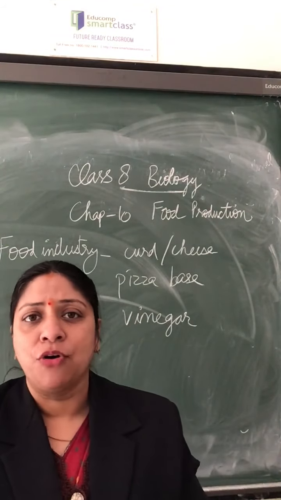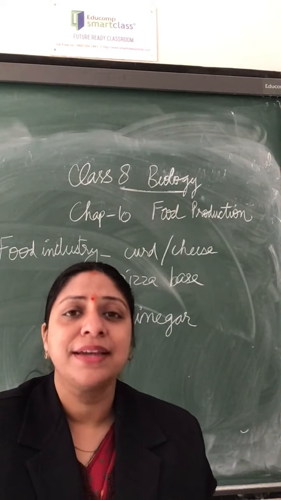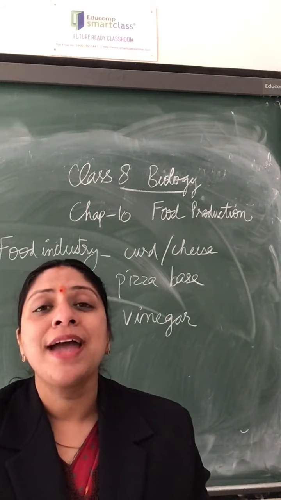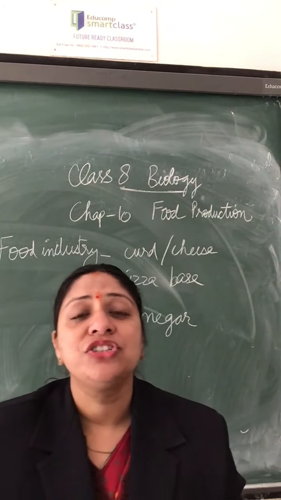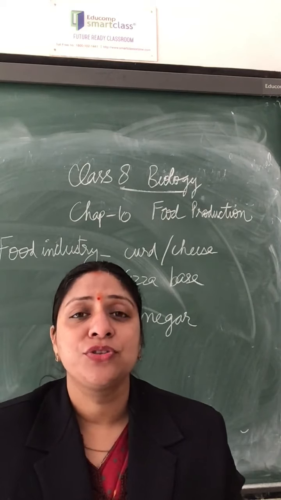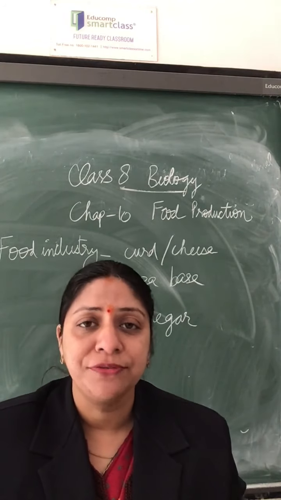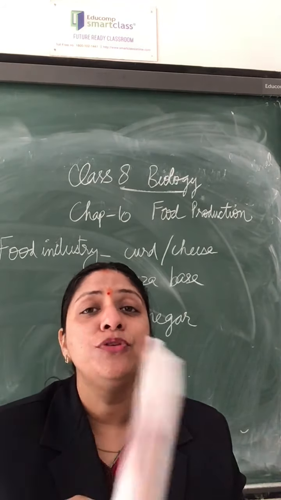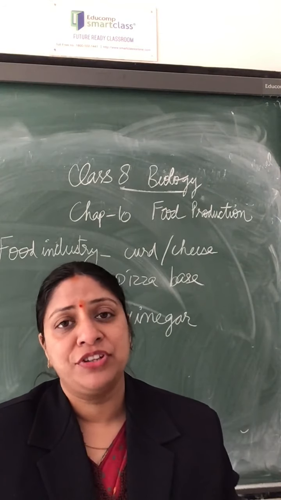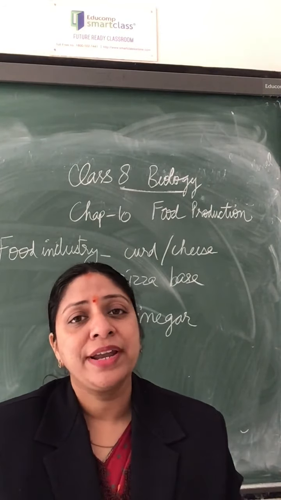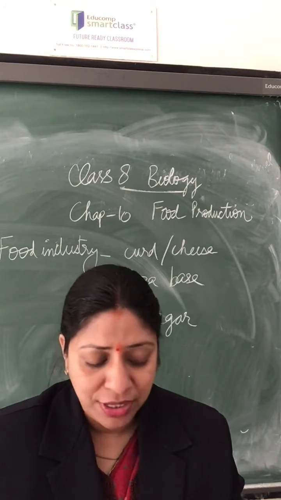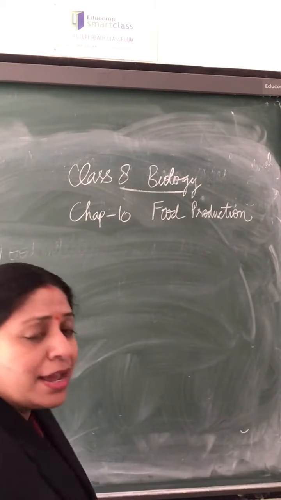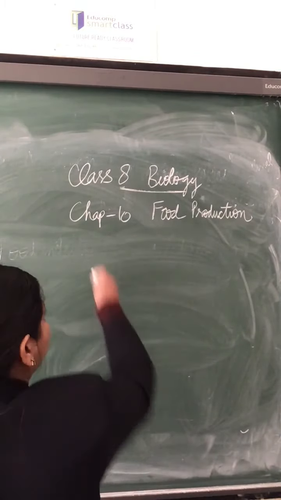In this topic, we have already made our concepts clear that bacteria and fungi are used in the food industries. Now, what actually is agriculture? Agriculture means the art and science of growing various types of crops and fruits. These crops and fruits are important because they help us in getting food. Whether we are vegetarian or non-vegetarian, directly or indirectly, we all depend upon plants, right? So let us study the characteristics and the various preparations for agriculture.